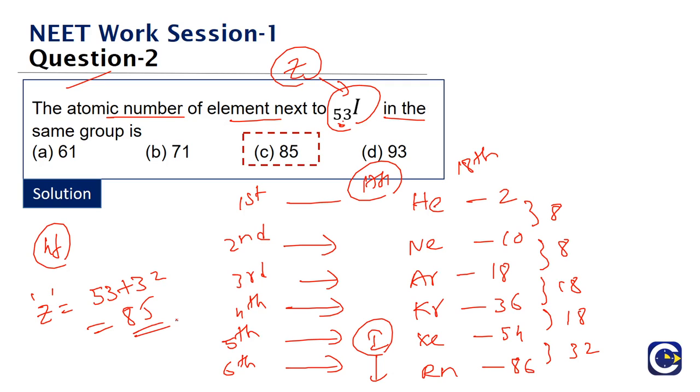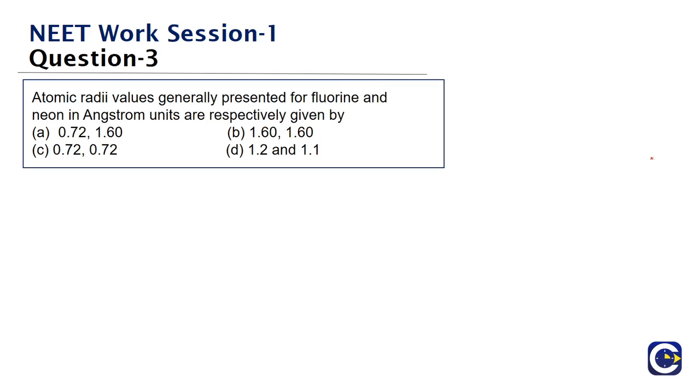So whenever we have questions like this, we will try to look at the atomic numbers of the 18th group elements or the noble gas elements. Based on that we can backtrack. This backtracking method from the inert gases is used to find the position of elements in the table and also to answer questions like this.